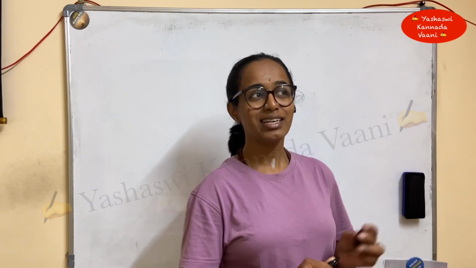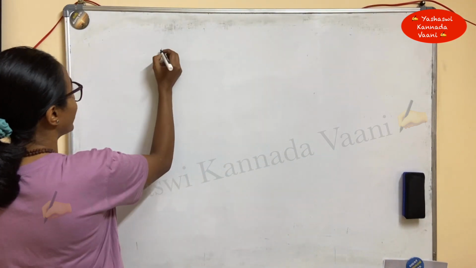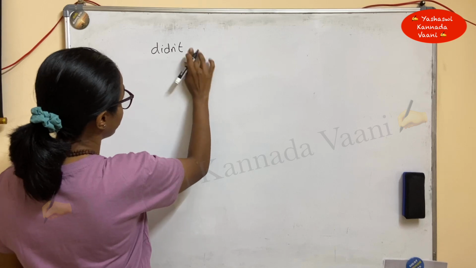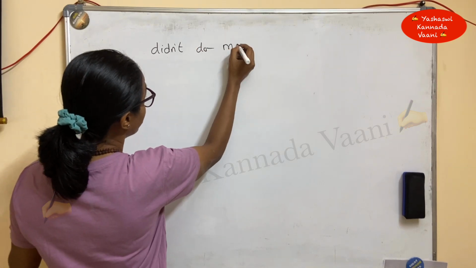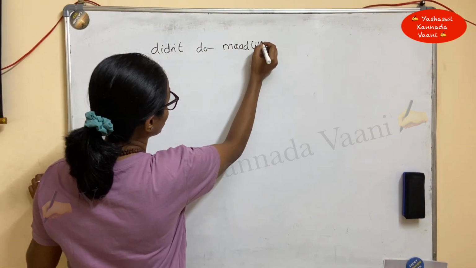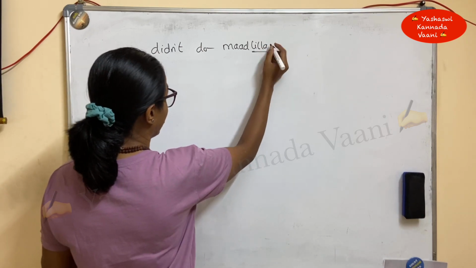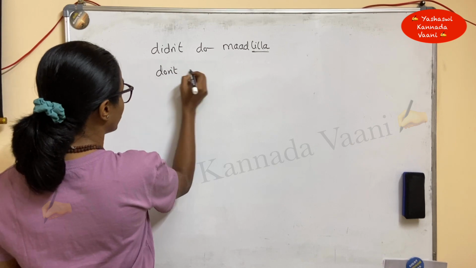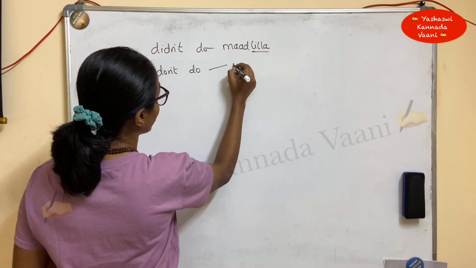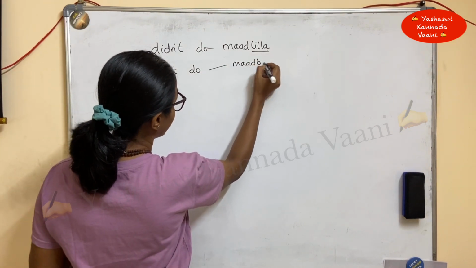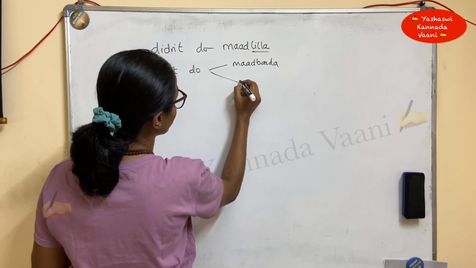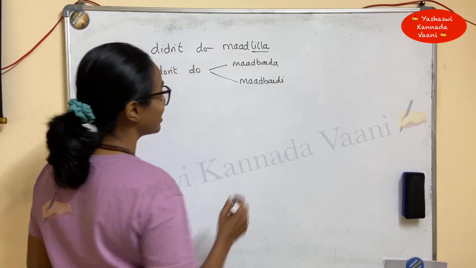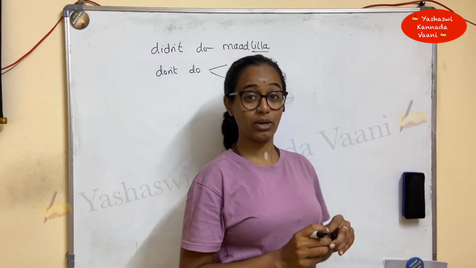So start madana. Before starting, I just want to do a quick revision of didn't. The usage of didn't is basically, for example, didn't do is madlilla. So you'll be adding that lilla at the end, okay? So madlilla. Don't do: we have two versions. One is singular, that is madbeda. Don't do. And one with respect is madbedi. I hope you are clear with these didn't and don't.